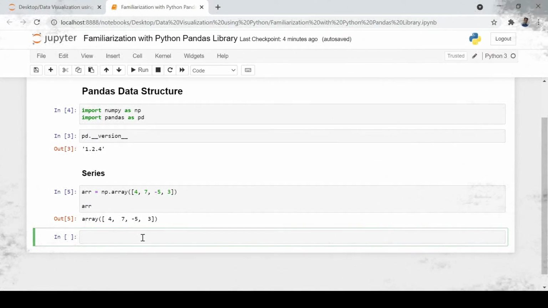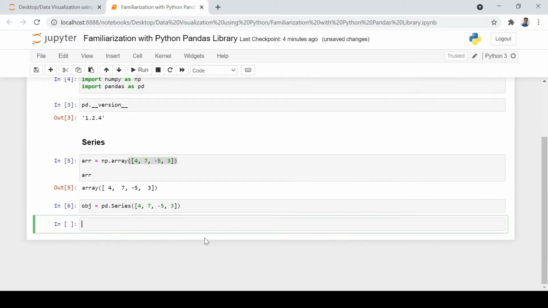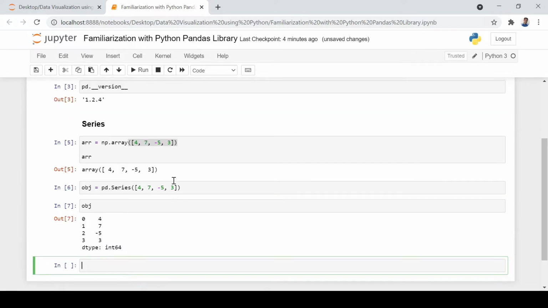For pandas, the Series command, then we will get it. So for example, let's say we have some object obj, and here you remember I am calling pandas, the actual one which we are going to see. As I said, talking about Series, so you just use Series and then use the same list here. Okay, now you run it. Now once you see this object, it is the same thing, right? Now you see that it has come up with the index as well.